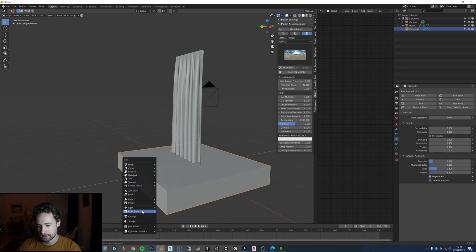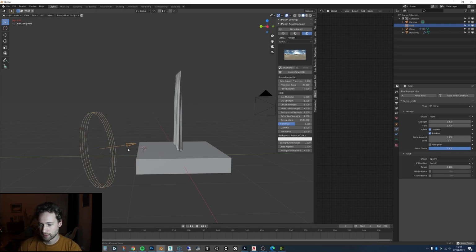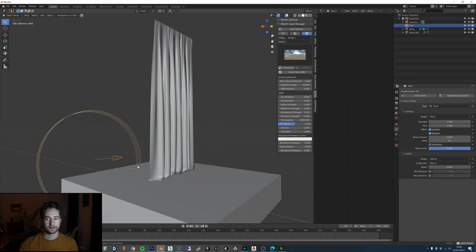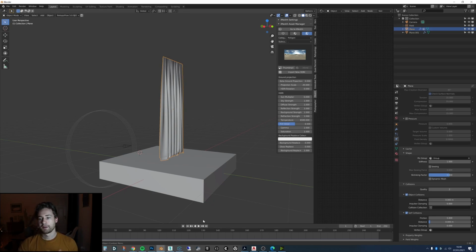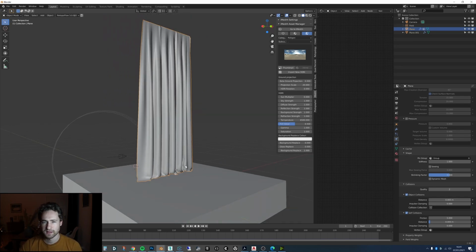So let's just add a force field and wind, and if I just press play, this is just going to blow the wind. Oh, you can see also now that it has reacted to the floor, so that might be a nice effect that you're going for. Okay, so I actually applied that it was against the floor. I simulated it and then applied it again, so now we have something going against the floor.